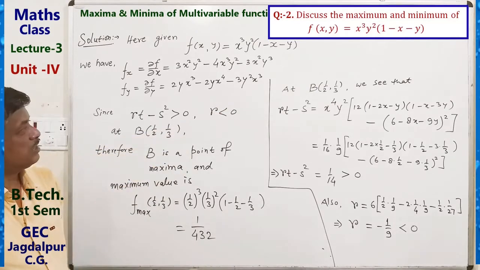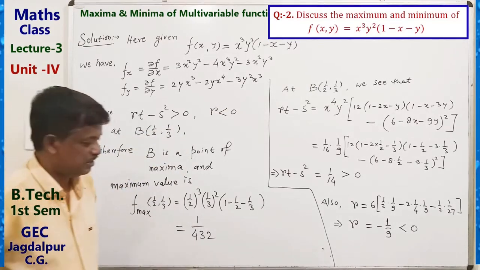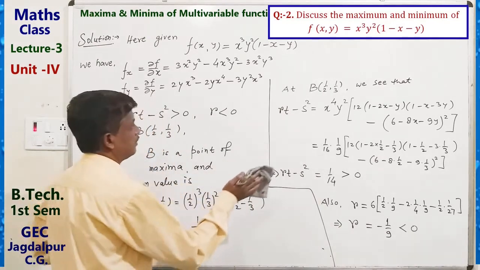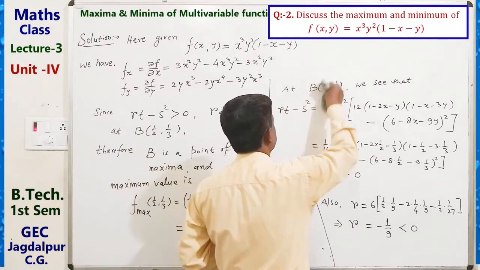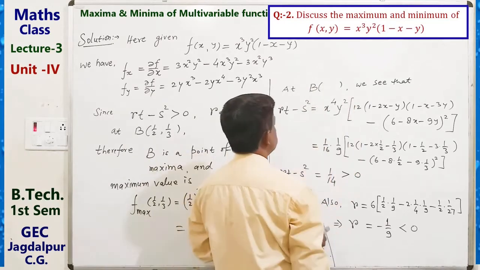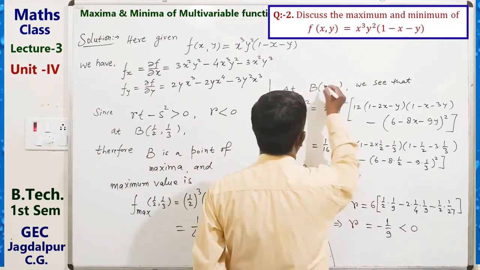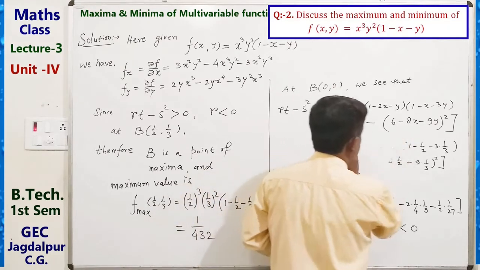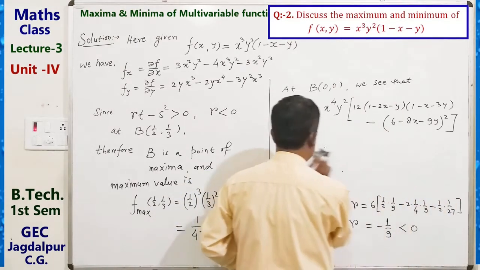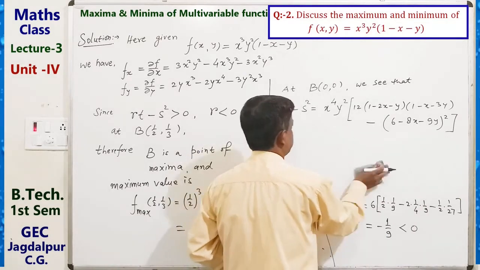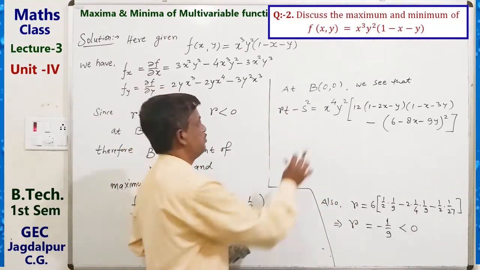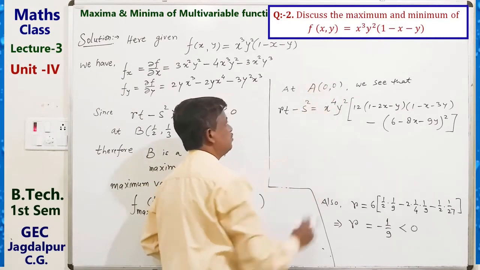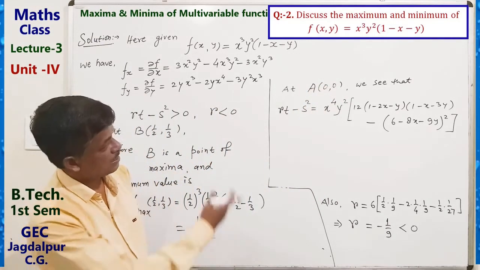Now, our second point is what? 0, 0 point. So here, at 0, 0, second point, B. At point B, 0, 0. So here xy